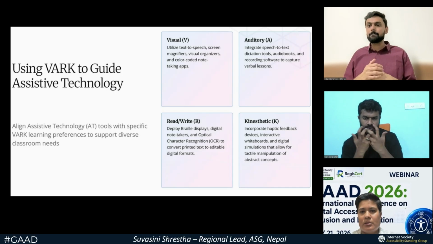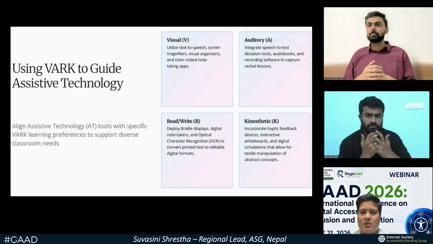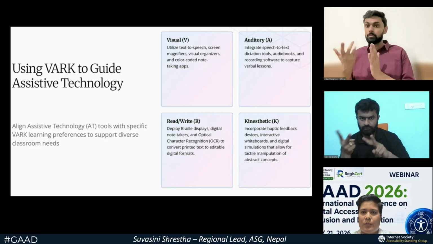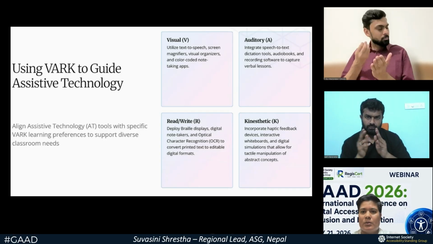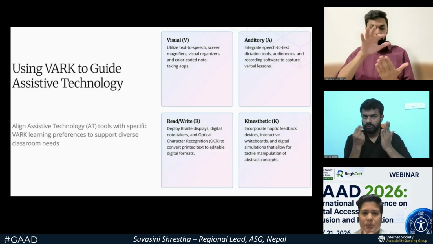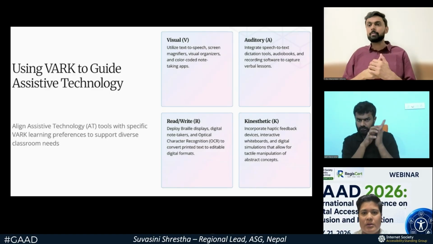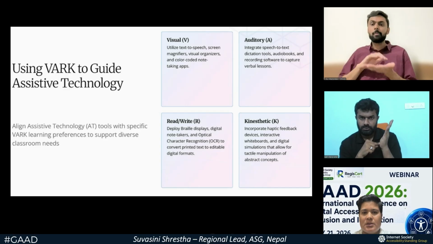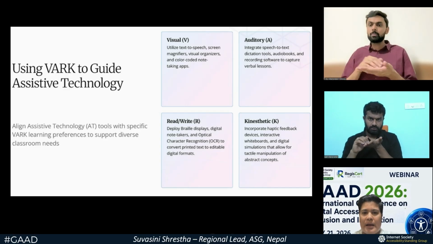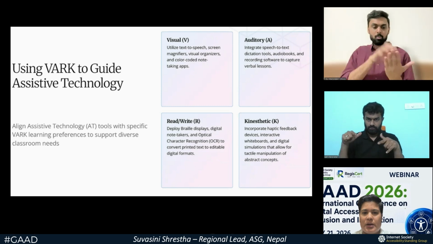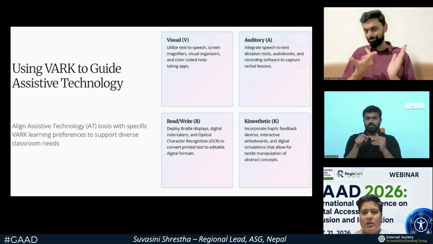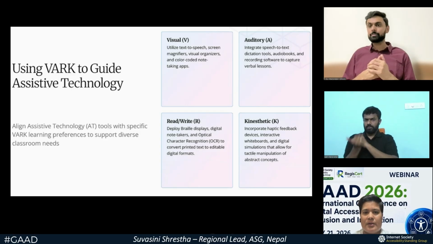Similarly, we can use speech to text dictation tools, audiobooks, recording software to capture verbal lessons in auditory part. Similarly, we can deploy braille displays, digital note taking, and OCR, optical character recognition, to convert printed text to editable digital formats in R, that is read and write.